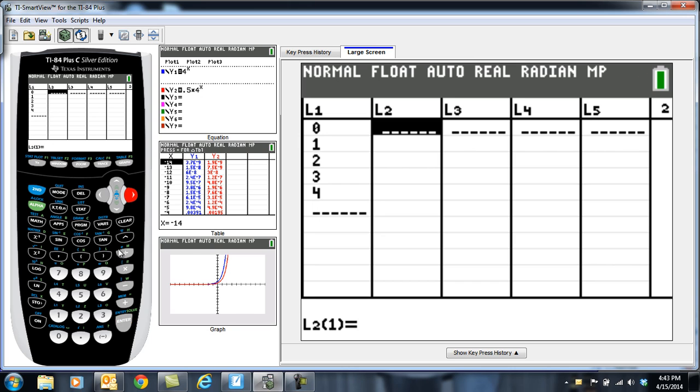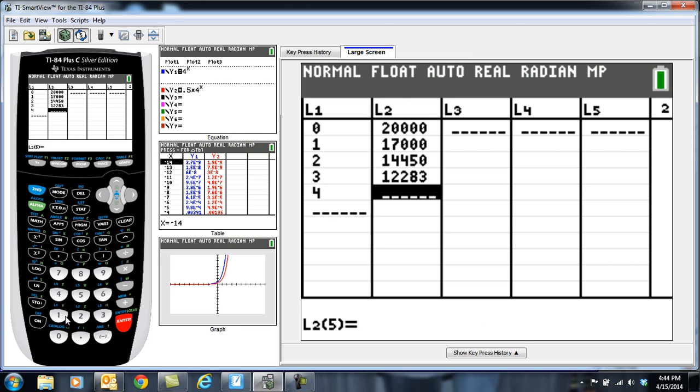Then over here in list 2, I'll go ahead and put the values. So I have 20,000. And then 17,000, and then 14,450, and then